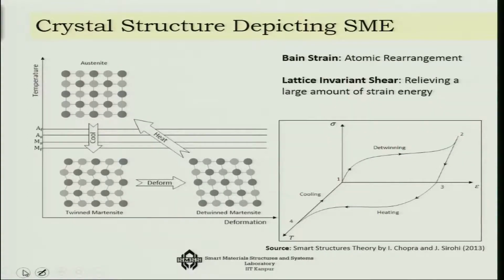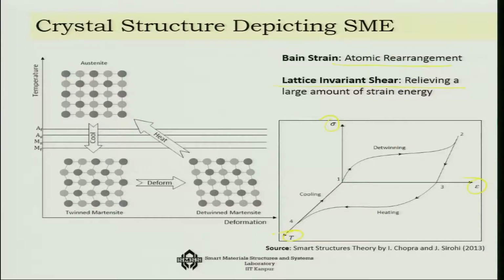So this is now in terms of three-dimensional situation. Now there are two things that means. One is called the Bain strain, which refers to the atomic rearrangements, and another is the lattice invariant shear, which refers to the release of a large amount of strain energy. Now if I have to follow that, I have to look into now the combined diagram of stress, strain and